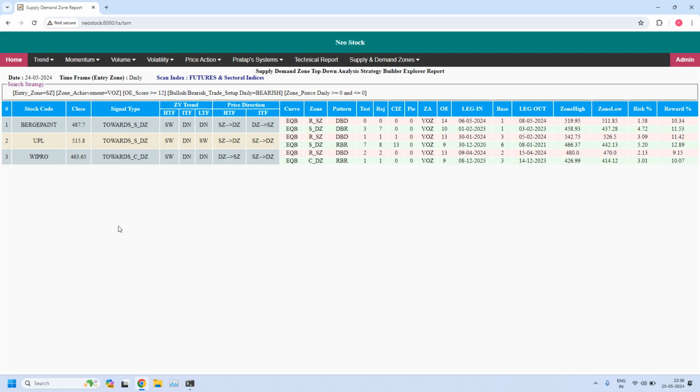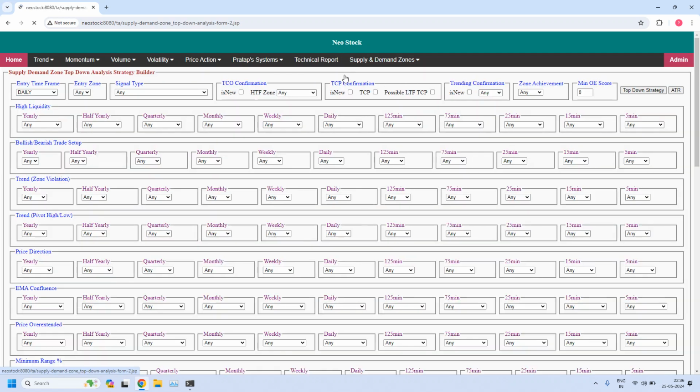So now let me go back and generate bullish and bearish trade setups for weekly income trade. For weekly income trade, the entry time frame is 75 minutes. For the bullish trade setup, the entry zone is demand zone. And also in the bullish or bearish trade setup, in the 75 minutes time frame, I am selecting the value of bullish